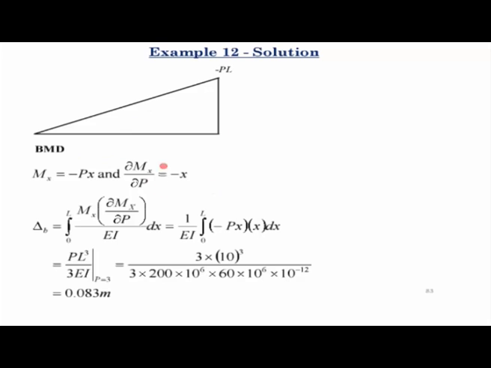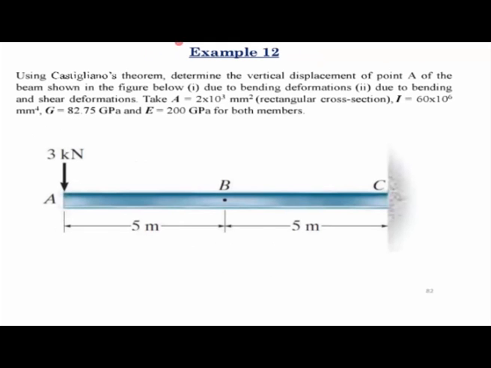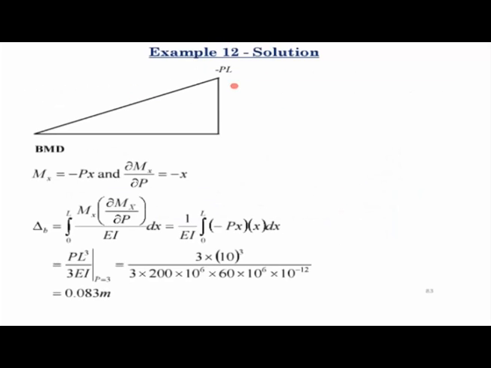So now here, what is happening is, since we are told to calculate the deformation under this externally applied load itself, we are replacing this load by a load P. The bending moment diagram of the beam is minus PL, and the moment at any section is minus Px. If you take the first partial derivative of the moment with respect to P, it is minus x. So in order to calculate the bending deformation, you use this formula: integration from 0 to L of M(x) ∂M/∂P over EI, where M(x) is minus Px and ∂M/∂P is minus x.